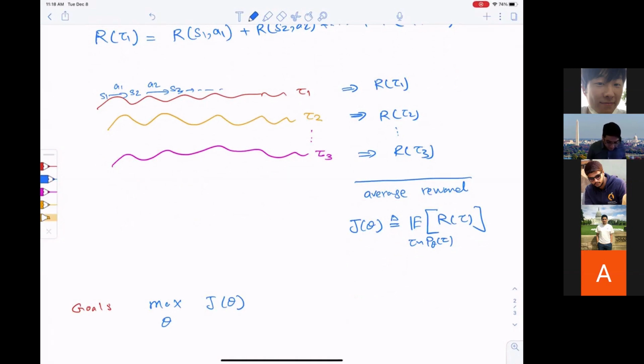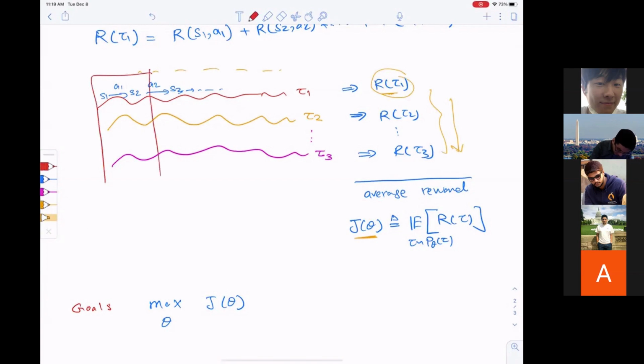Okay, so there is another way to compute the average reward. Remember, for each trajectory, R is the sum of all of these rewards. I sum up basically row wise, and then at the end of the day, I look at the average over different trajectories. Another way would be to look at the average rewards for each pair of state and action and then sum them up, right?